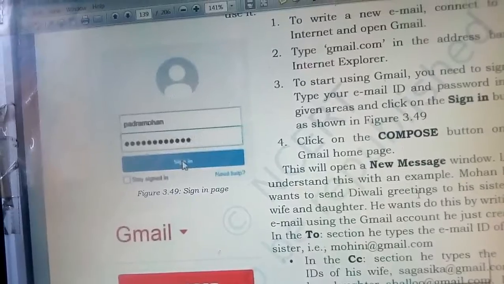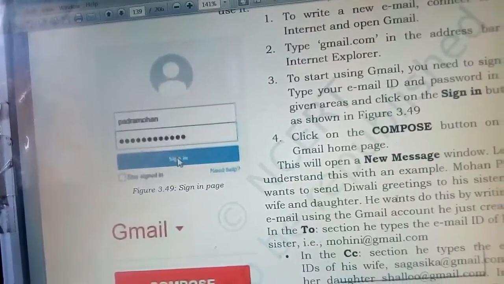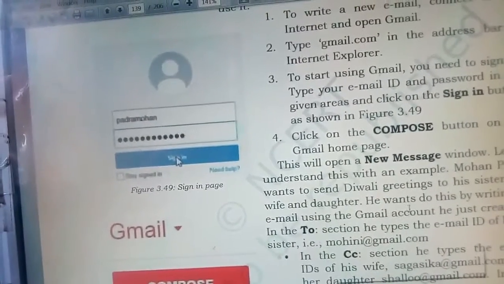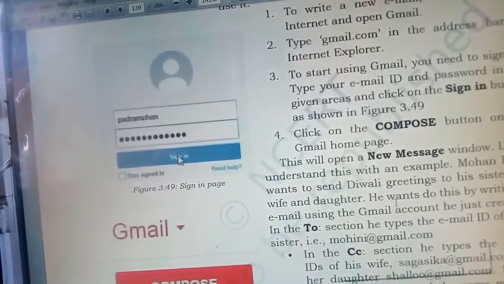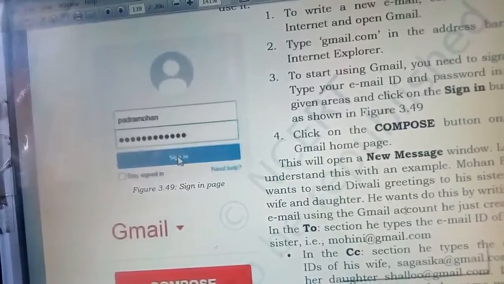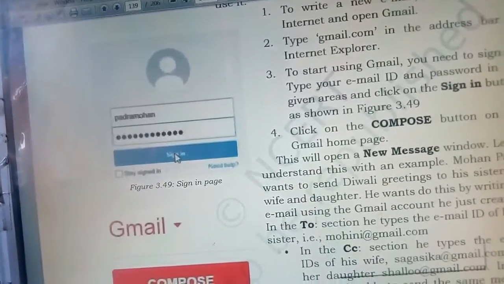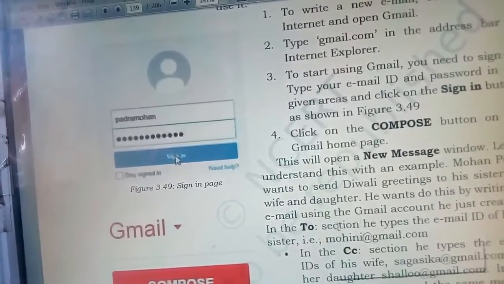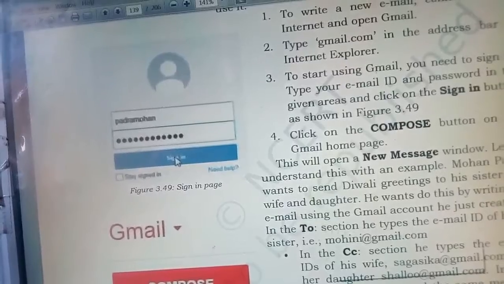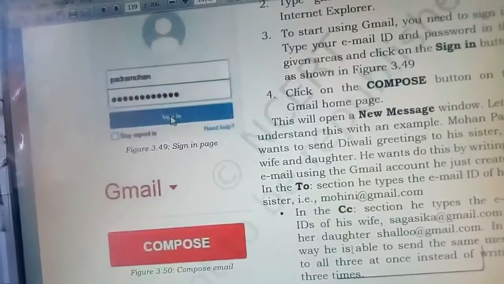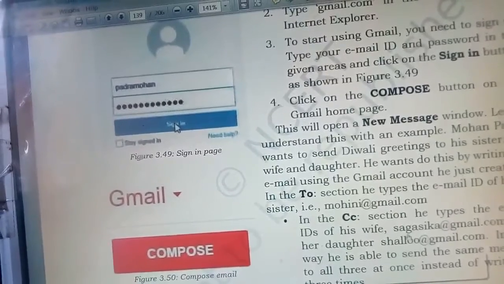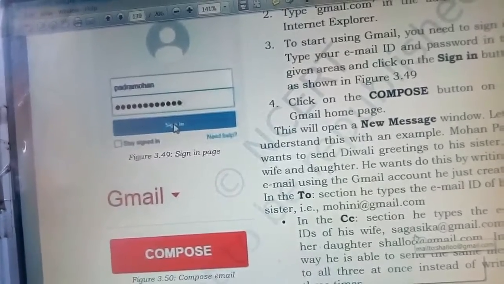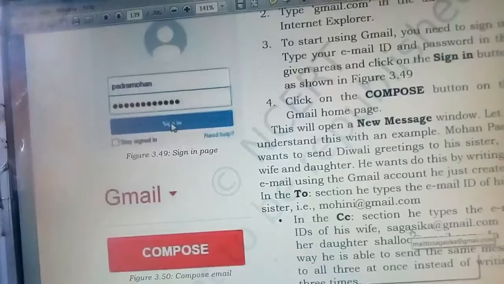Suppose you want to give a greeting message to any person, maybe your sister, maybe your friend, maybe your parents. So you just write down the email address of that person in the To section, and in CC you write down the address of the person to whom you want to send the same message.